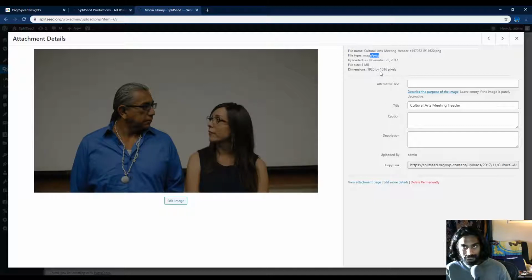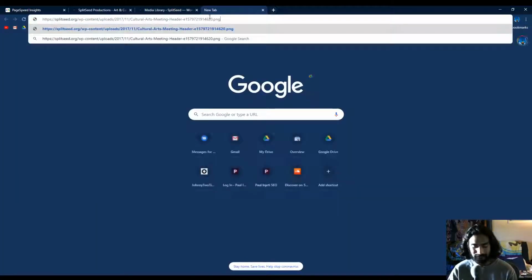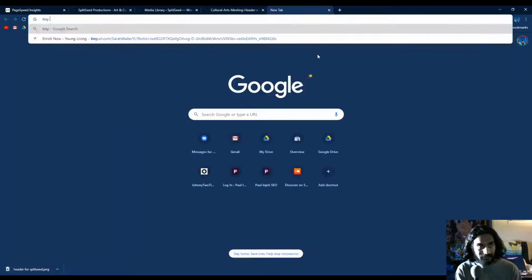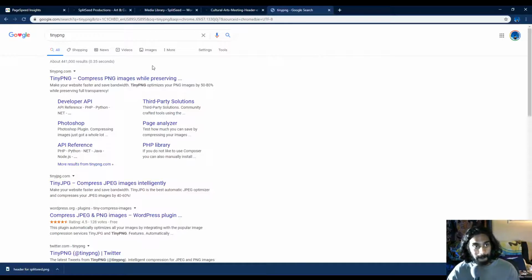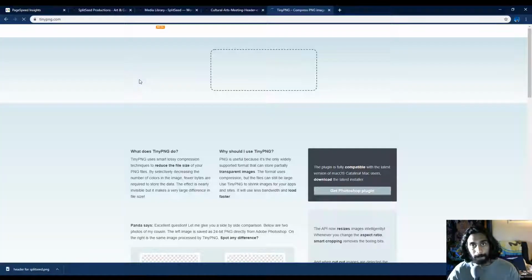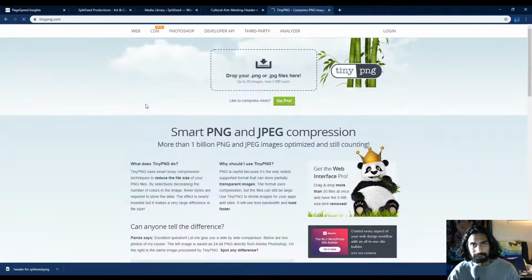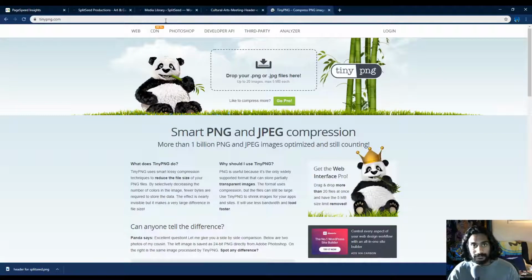So it is a PNG first off, and I don't want that. I want it to not be a PNG. So I'm going to go to the link that's right here. I'm actually going to download it and then save it into this file, header for split seed. And then I'm going to go to TinyPNG.com, and then